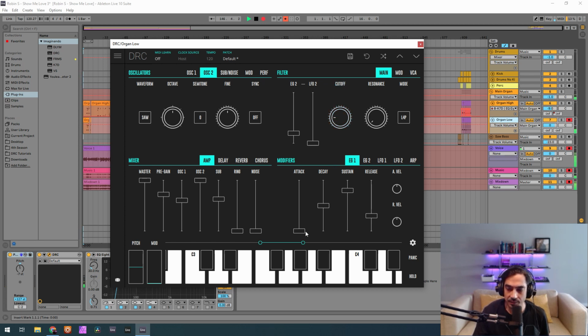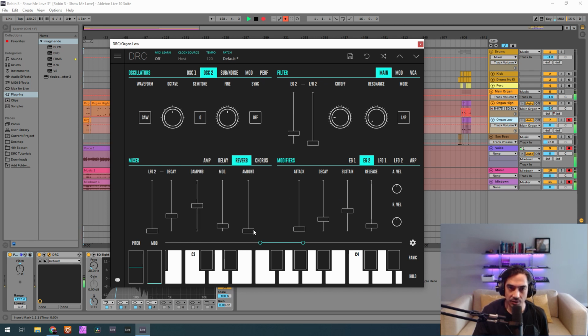Now, for the first envelope generator, 056 on the attack, then 500 on the decay, 800 sustain, release at 247. Second envelope generator, we got 037 on the attack, and then all values are default.